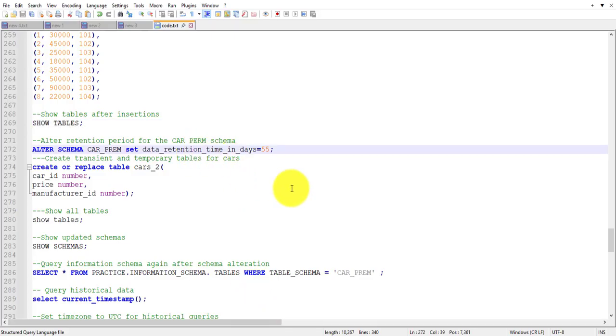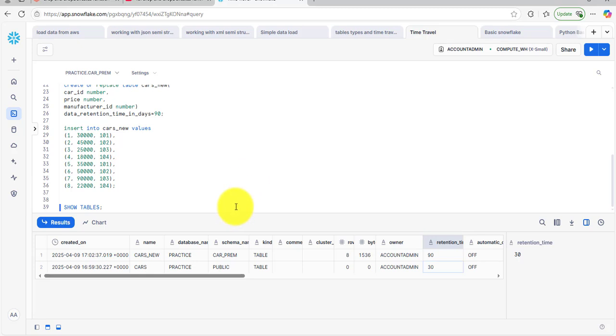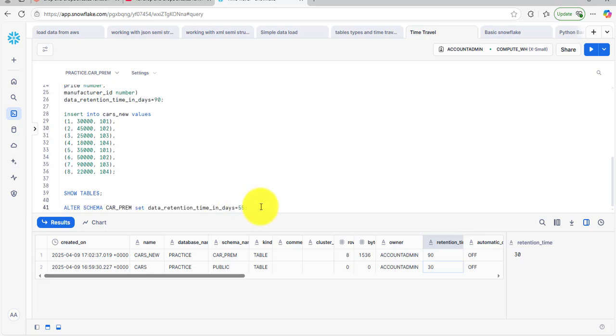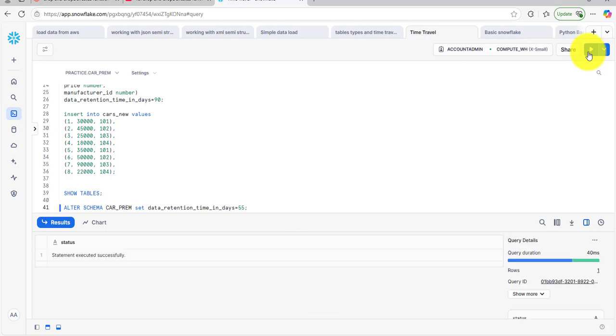Alter the retention period for the car prim schema as well, 55. We can alter the retention period on the table as well as the schema.